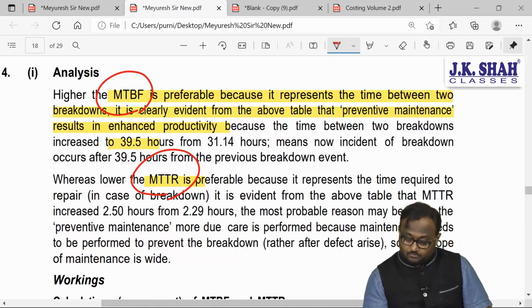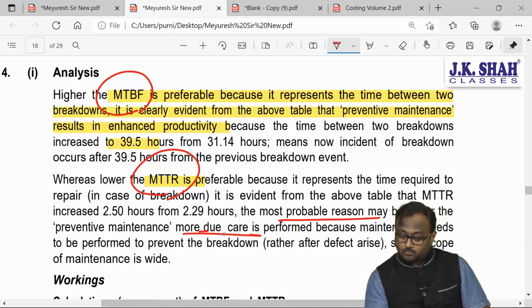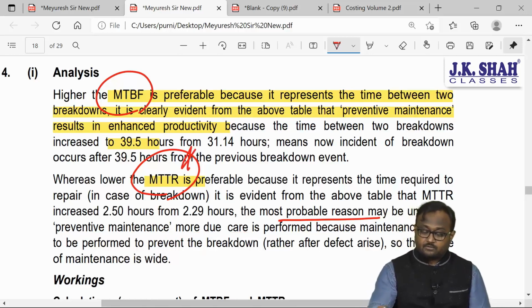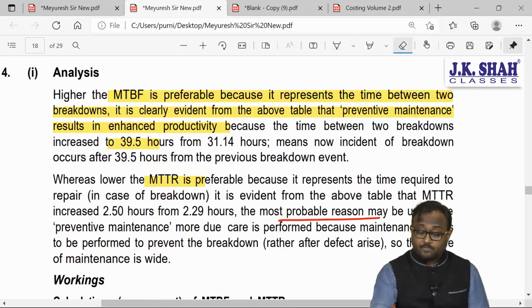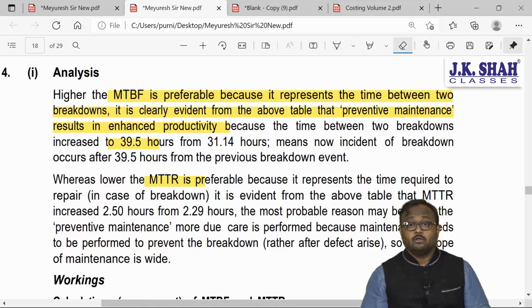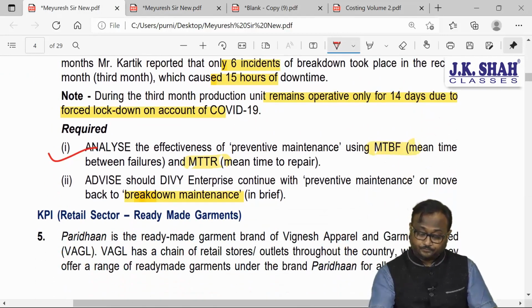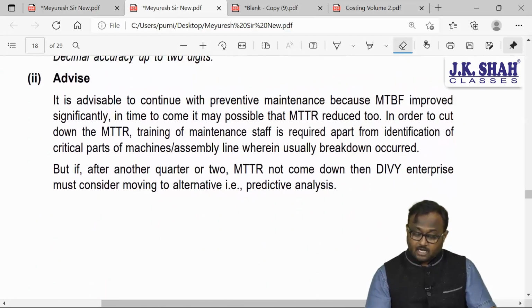So the most probable reason may be the preventive maintenance due to which breakdown was reduced, but repair time has increased because we were more focused on prevention. So we could avoid breakdown. Repair work took more time. So they asked us to analyze, they didn't ask us to suggest anything. Advise. It is advisable to continue with preventive maintenance